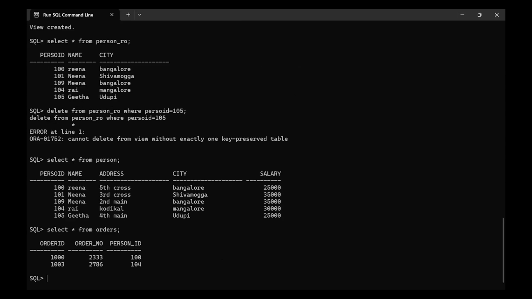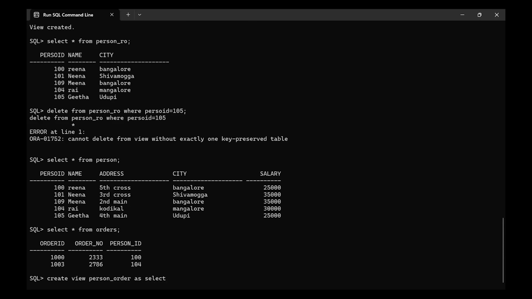This is my second table. Now I'm going to create a view where I will have the columns of both of these tables. So same command, I will say create view person underscore order as